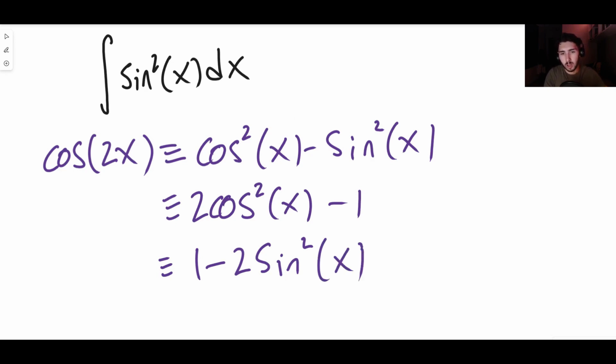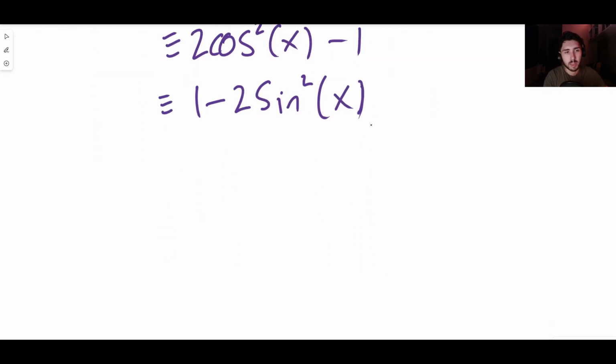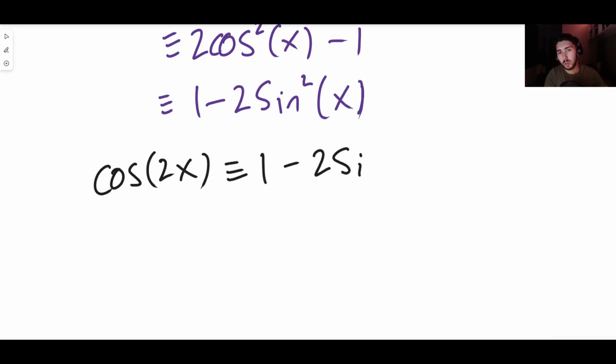But I've got a video, which the link is in the description of this one, if you want to check out and see why this is true. But we're going to basically exploit one of these equations to integrate sin² and cos². So the one that we're going to use for sin² is the bottom one. Cos 2x is identical to 1 minus 2 sin² x. Okay, so let me write that again. Cos 2x is identical to 1 minus 2 sin² x,